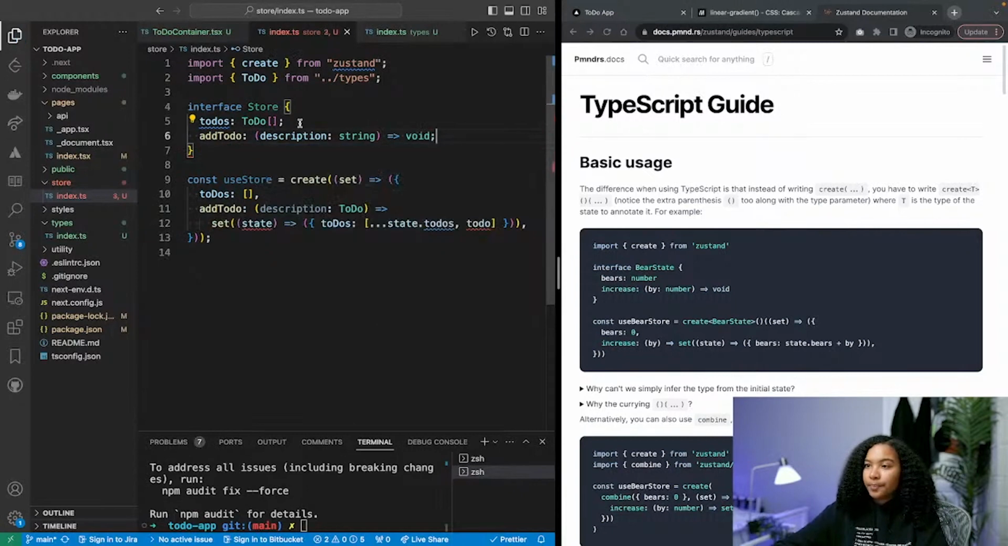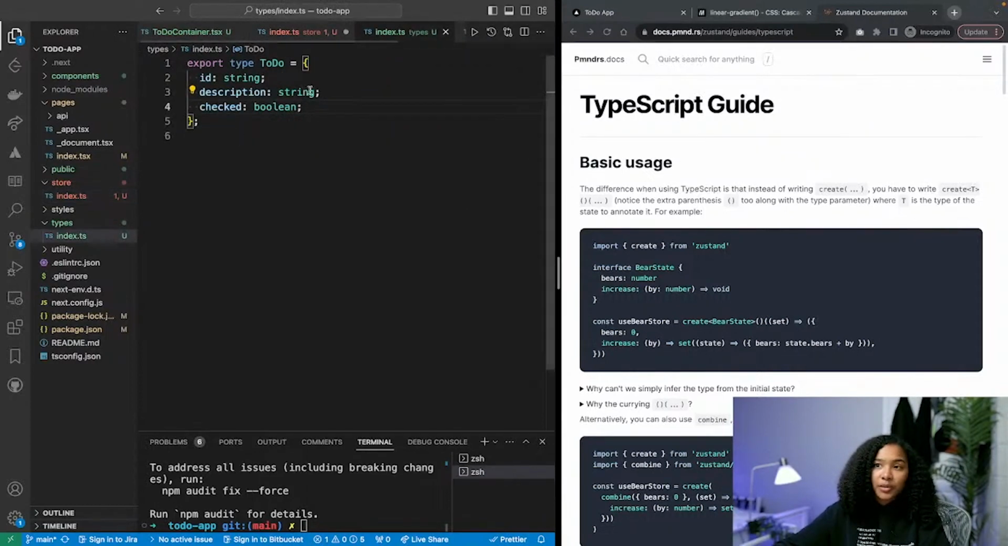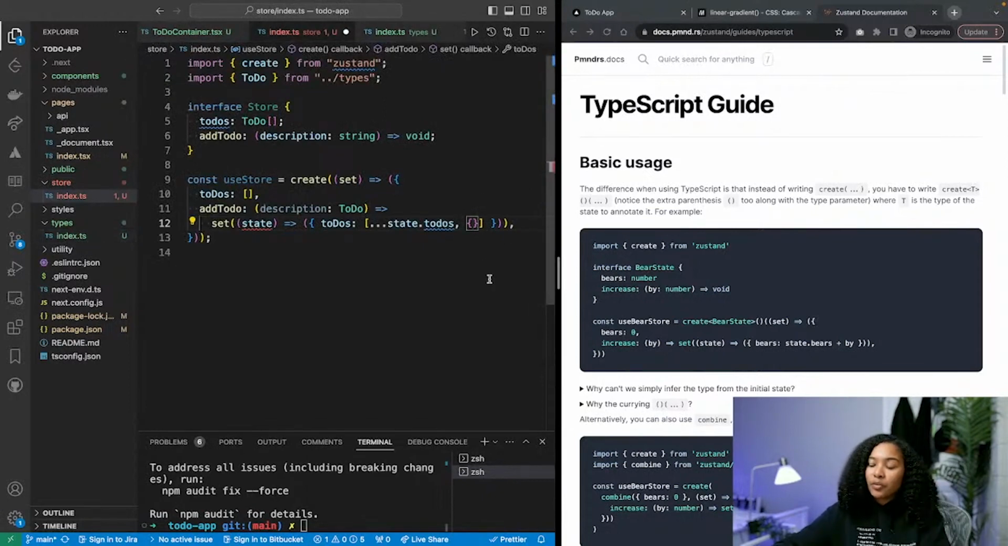So in this here, what I'm going to do actually is create an object, because really each of, as we defined it here, a to-do is actually an object. So it's going to have an ID, a description, and a check state. And when we're adding this, we want to automatically generate an ID. The person who's adding a to-do is not thinking about the ID. So we're going to generate the